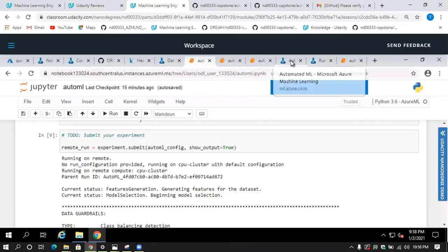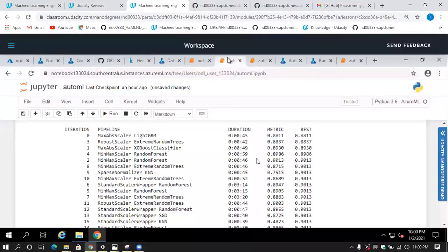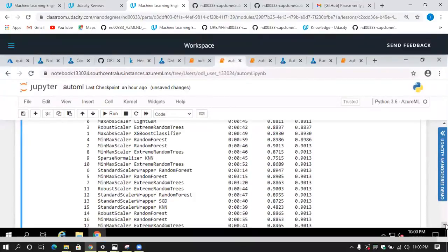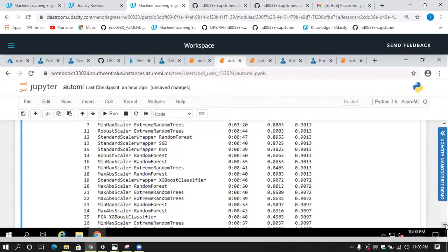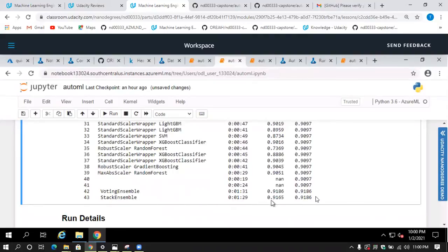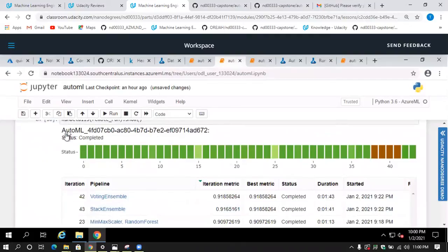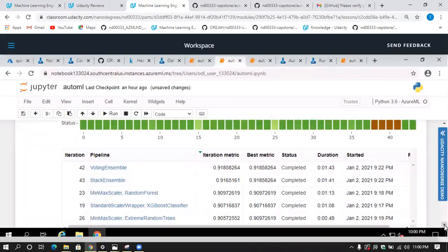Here, if I go to my machine learning workspace, I'll find it also created in the AutoML section. Here you can see it has a status of running. So I'm just going to wait till it's complete. You can see a number of metrics being generated during the experiment run up until the 43rd iteration. Here it stops, and I have the run details widget showing completed. So my run is completed already.